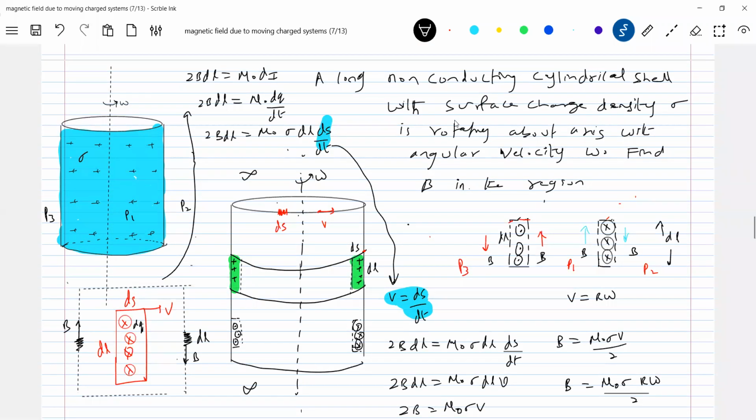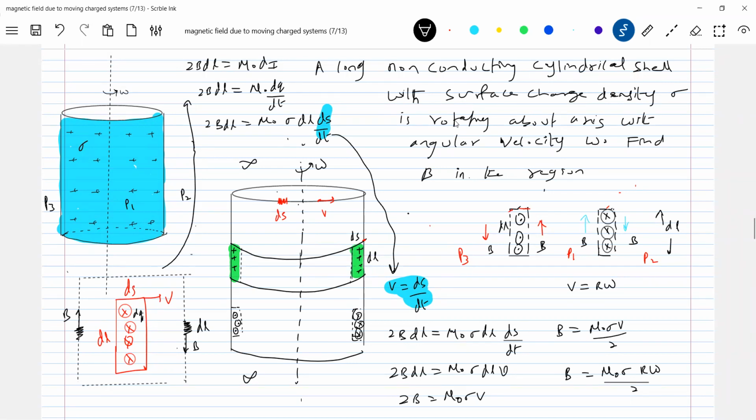Now what is the field at point P1 inside the cylinder? The field produced by this edge and this edge will add up. Now you have to ask, sir, for the remaining parts, I can also assume a strip there, which will also produce a field. This is like an equivalent method. I'll assume a strip here, here, and here.